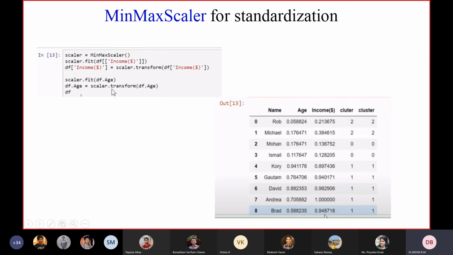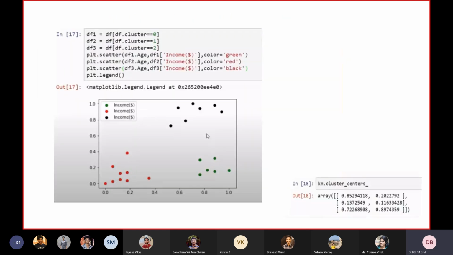You can see that income and age are both on the same scale, with decimal digits, so the features have the same magnitude. To get unbiased output, first we have to bring them to a common range using standardization or normalization. MinMaxScaler is one method used with k-means to standardize the values.